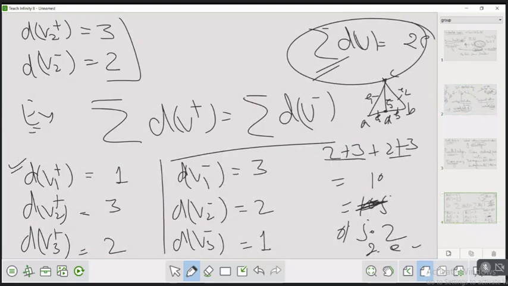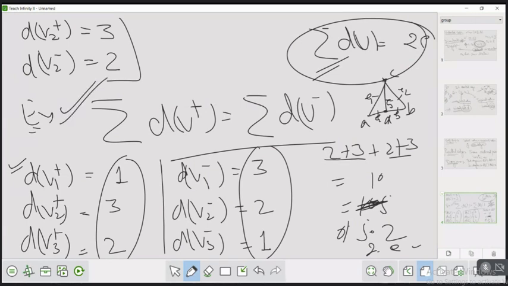Now add these. It is equal to 6, that is 2E, not just E. In this case, in a digraph, it will be E. It is not 2E here, that only holds in an undirected graph, meaning the sum of all degrees is equal to twice the number of edges.